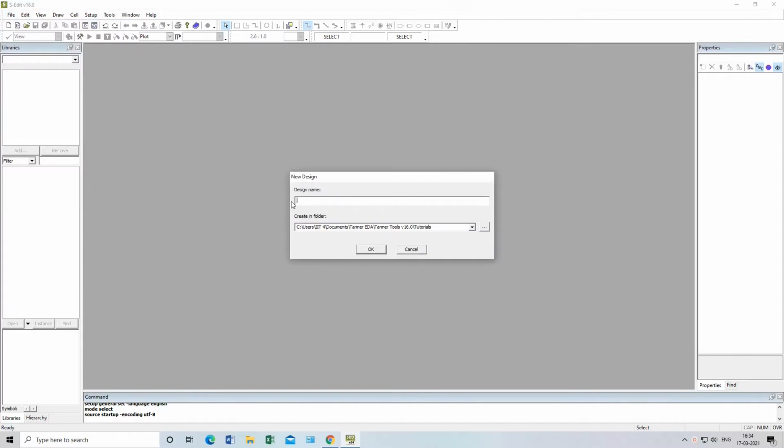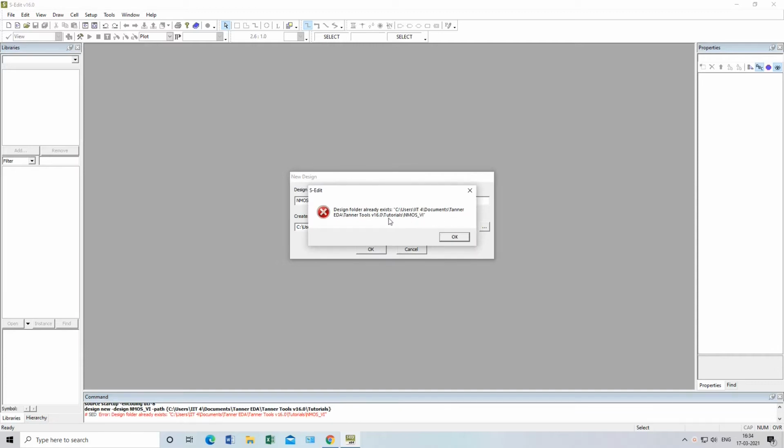Here it will ask for the design name. I am giving NMOS VI characteristics, so its name is NMOS underscore VI, and the folder it will create will go into your Documents folder under Tanner EDA. It's under tutorial, but it will not create under tutorial.